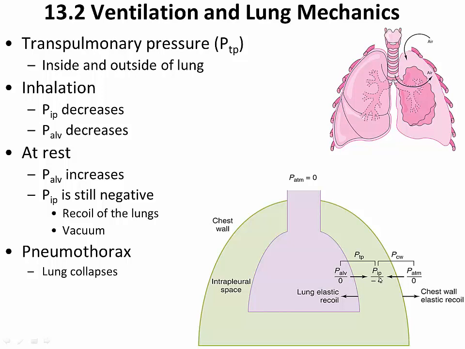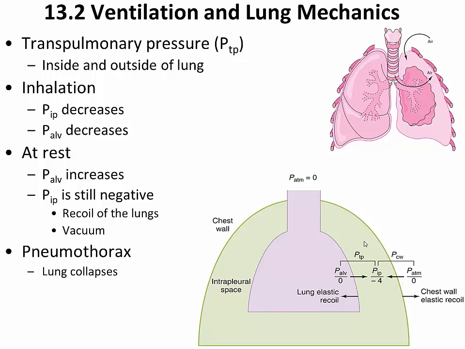You do remember that the intrapleural space, which is shown in green here, is very, very small. It's more of a potential space than an actual space. And the pressure is negative here as a result of the tendency of the thoracic cavity to expand and the tendency, as is being shown on our diagram here, of the lungs to recoil. The lungs have some elastic capacity, and so they're pulling inward a little bit, and they tend to collapse, but they don't collapse as a result of the fact that the intrapleural